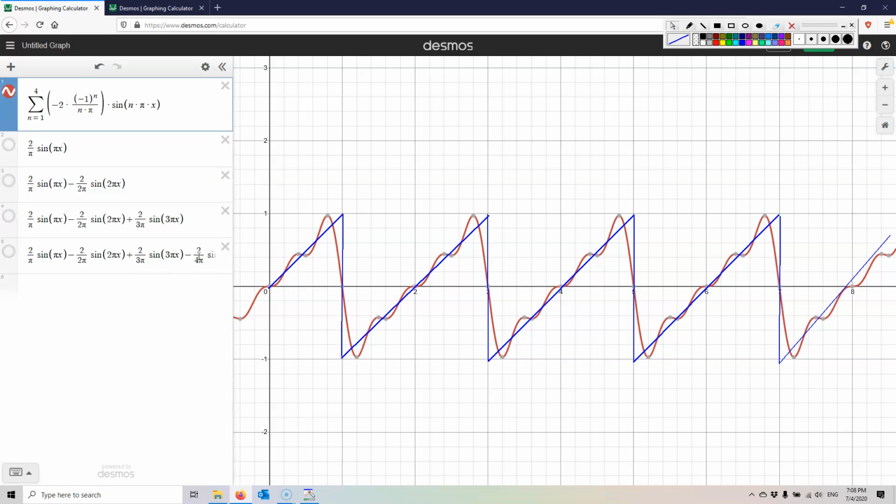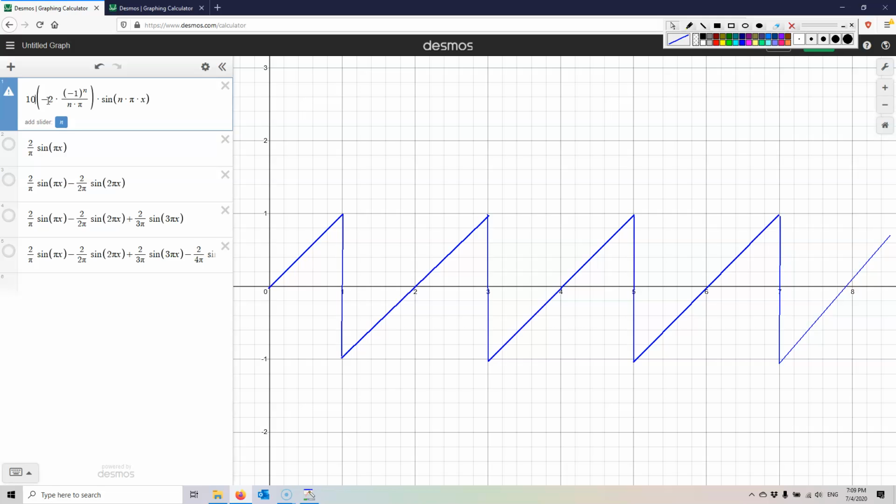Right? But now I can add more terms. I could have done this manually, but I'd still be here 10 days from now. So I just wrote down the general form of this. Let's go to 5. Getting better. How about 6? Yeah, we're getting there. How about 10? Oops, did I mess up?